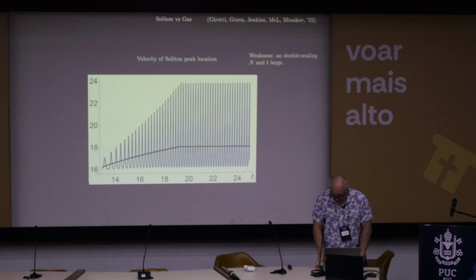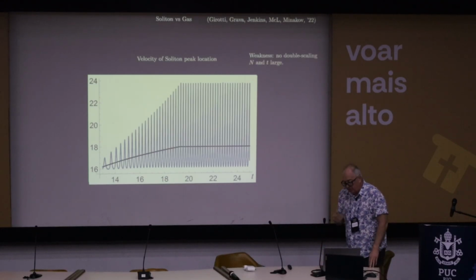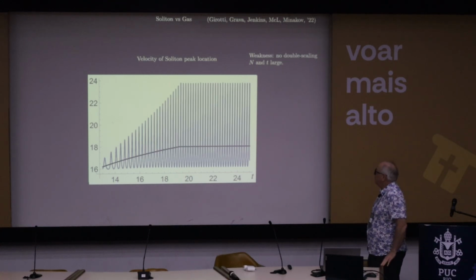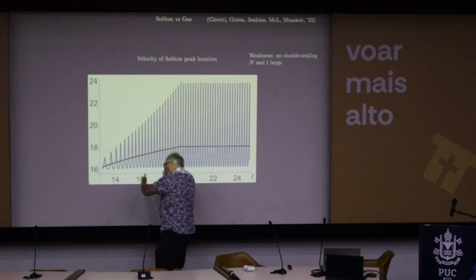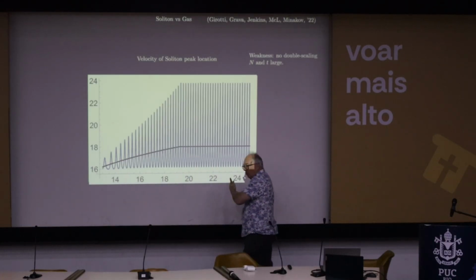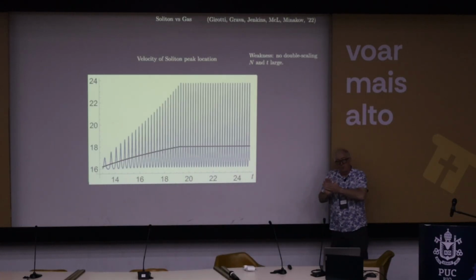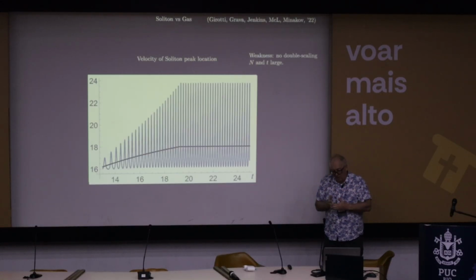But there is a weakness in this, which has been resolved later. The weakness is that what I described, remember I said, you've got to wait a long time for this interaction to take place. So that means there's an order of operations that I'm forced to confess to, which is first we let n go to infinity, and then we do a long time analysis.